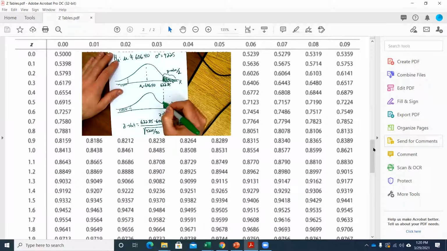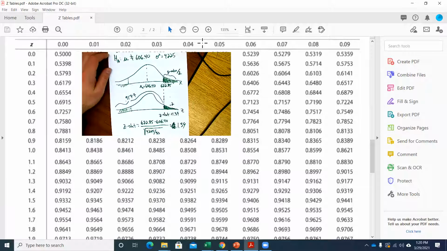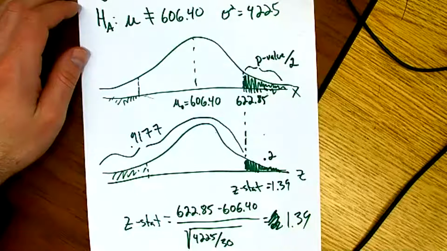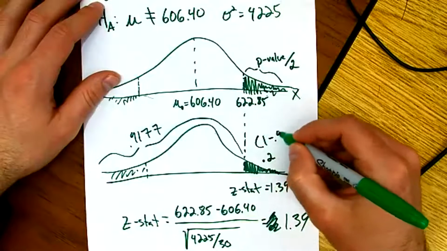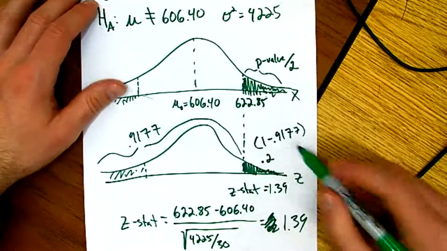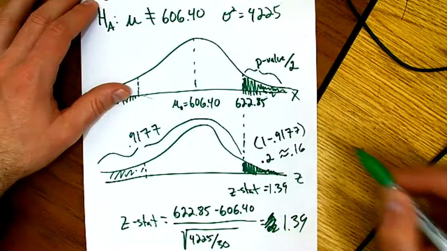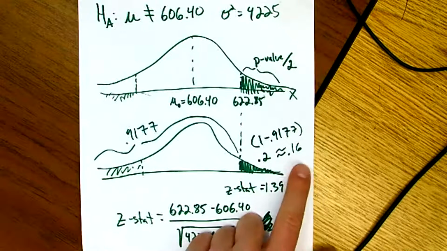So the table always gives me the area to the left, so 0.9177 is the total area to the left. I wanted the area to the right, so 1 minus that, but then multiplied by 2. If I do that, I get approximately 0.16. Okay? So my p-value is approximately